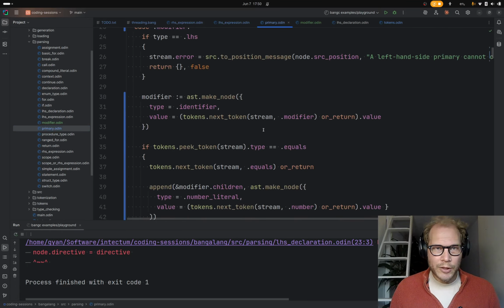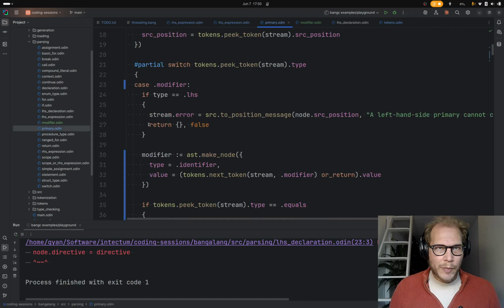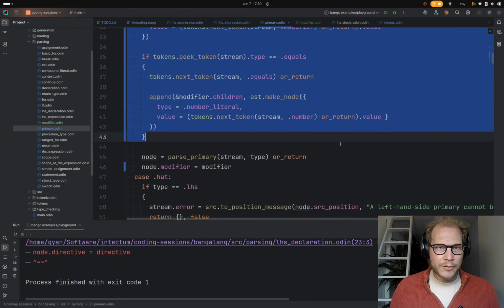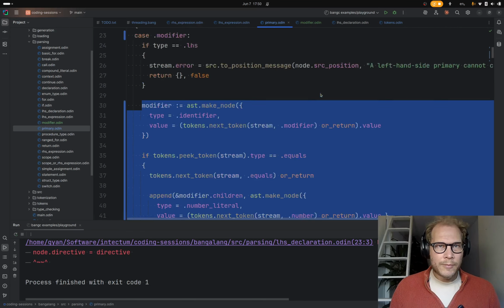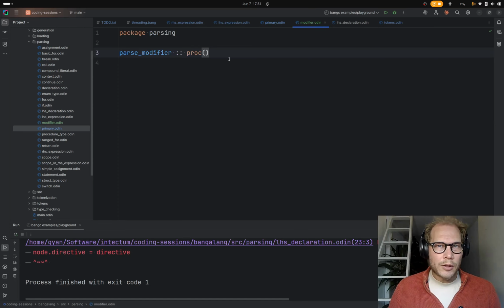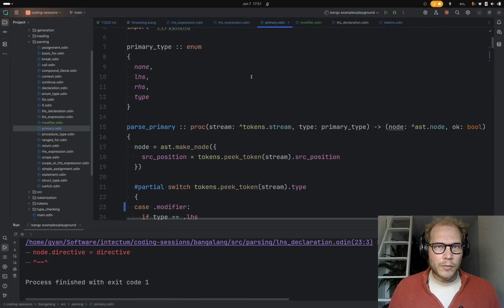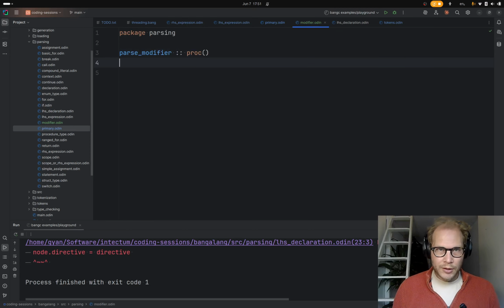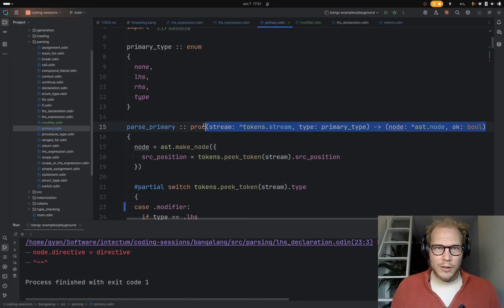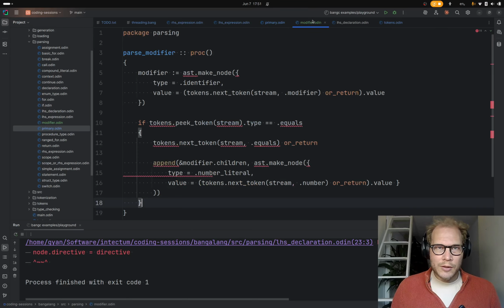I think it was primary we did it before, right? So basically it needs to do this. Yeah. And parsing functions, I guess, have this kind of signature. I think we can just put the body in first. Then we'll steal this signature.